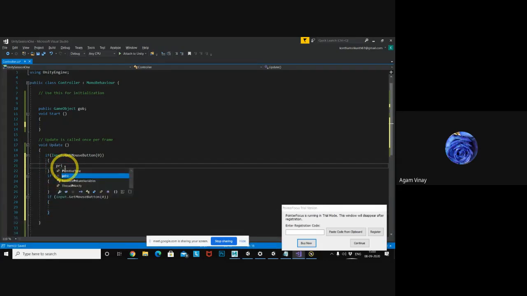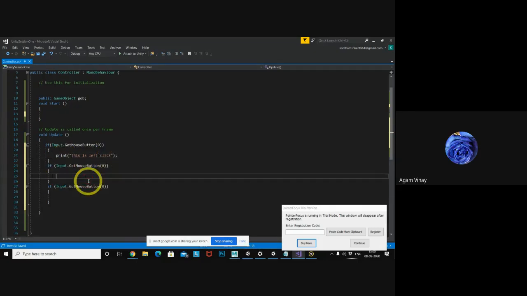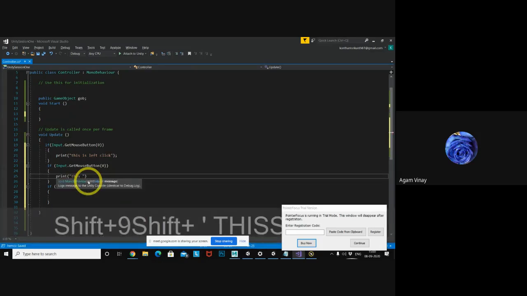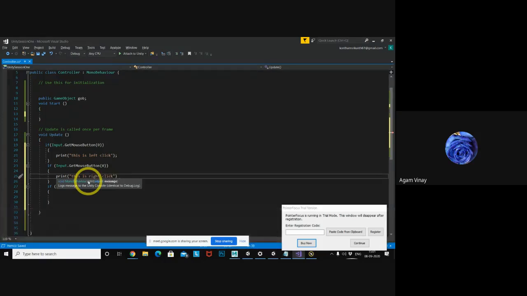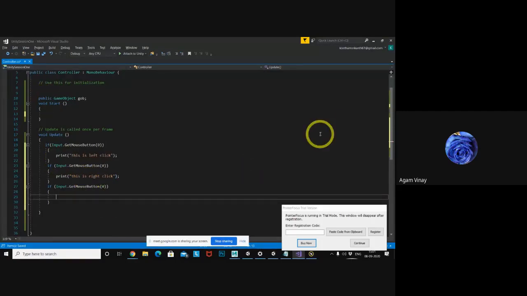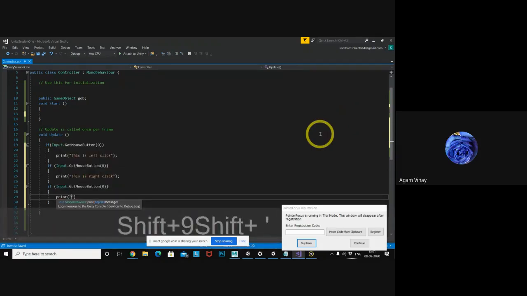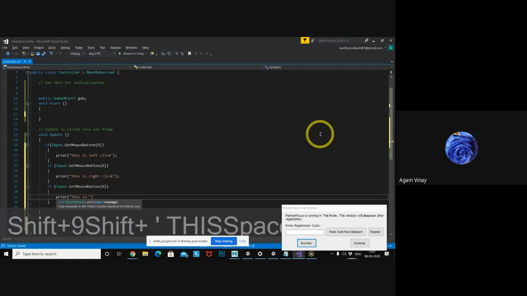This time I want to print: this is left click, this is right click, and this is middle.